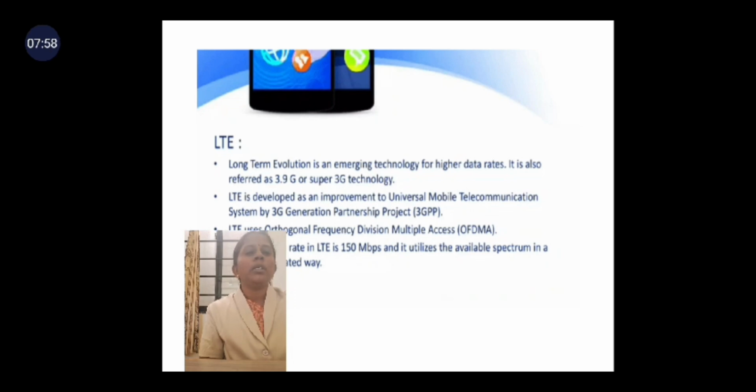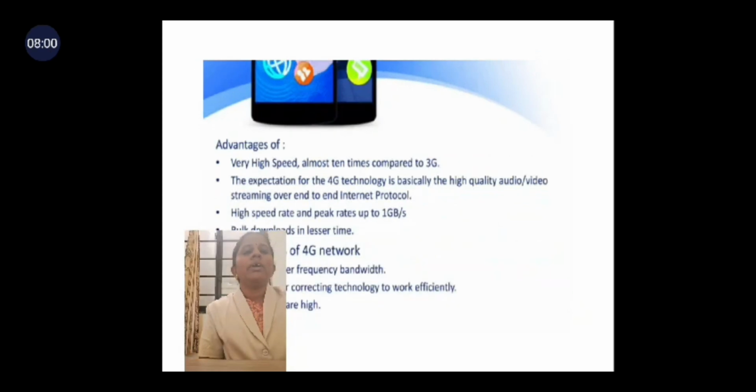The advantages of 4G are very high speed, at most 10 times compared to 3G. 4G basically gives high quality audio and video streaming over end-to-end internet protocol, with high speed data rates and peak rates up to 1 gigabit per second, and lower latency. The disadvantages are lesser frequency bandwidth, error correcting technologies that must work efficiently, and the hardware is also very